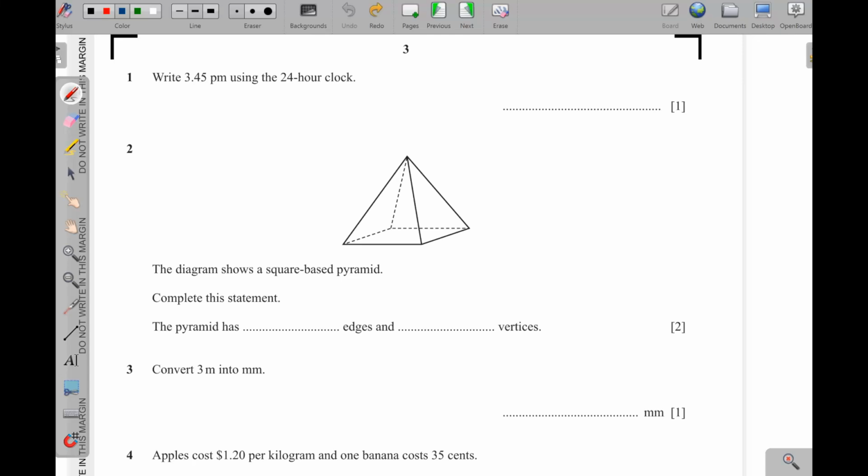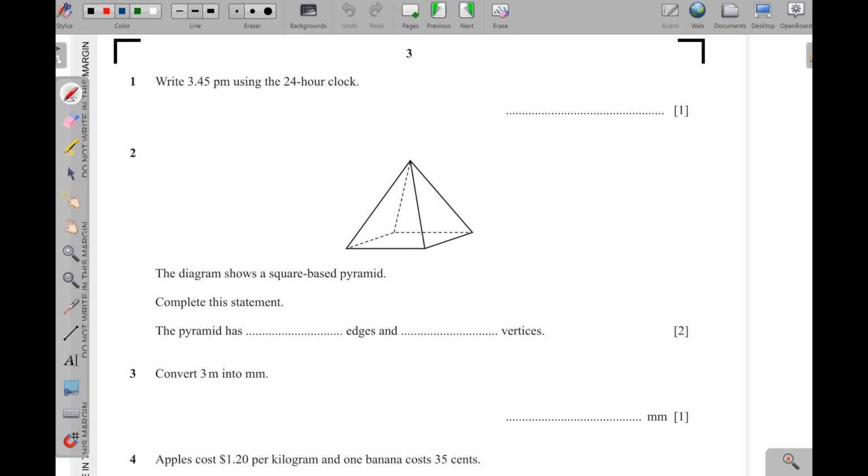This is Teacher Simon taking you through IGCSE Core Mathematics paper 0580-32 for May June 2025, and this is part 1 for questions 1 to 12. Question 1, write 3:45 p.m. using the 24-hour clock. Of course, when we reach 12